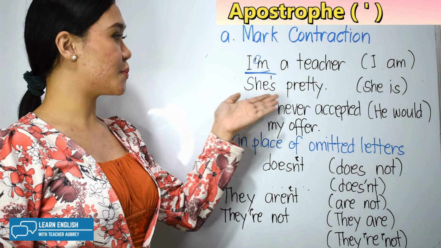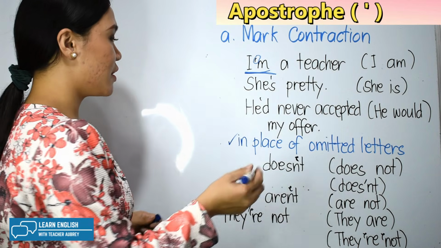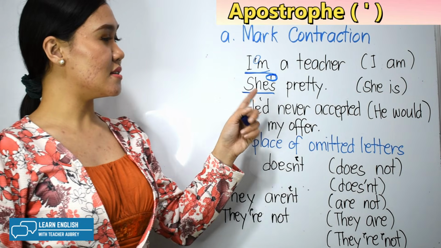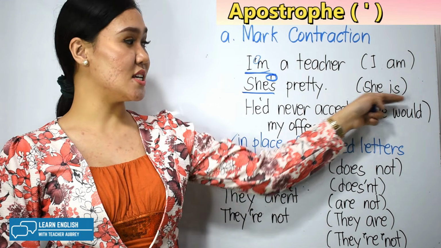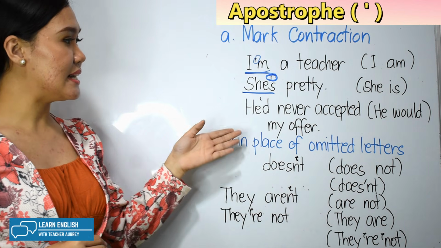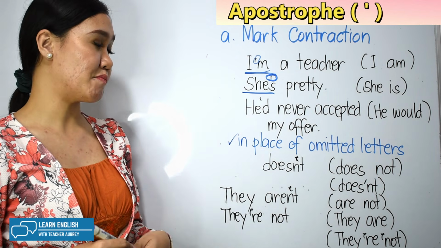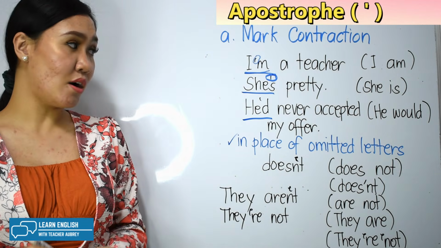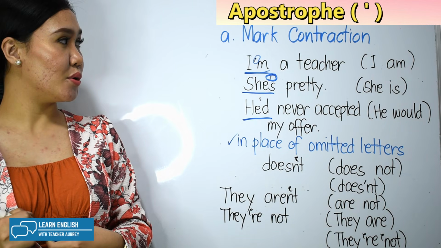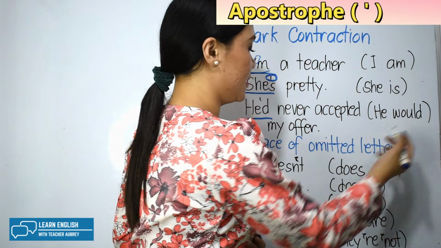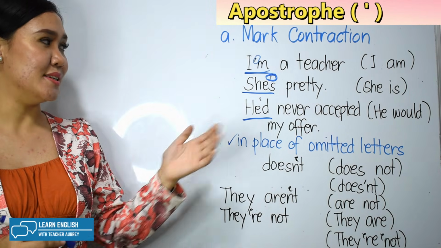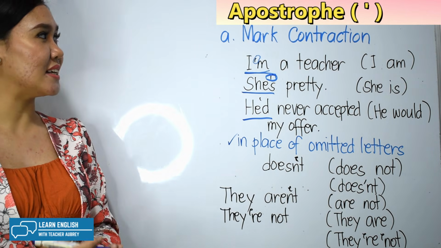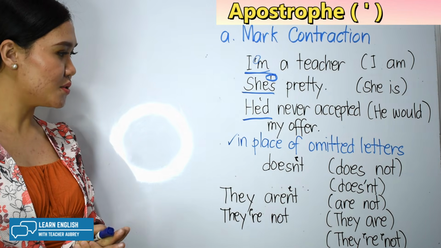Next, we have, she's pretty. She's pretty. The contracted word here is she's. We used apostrophe there. She's is a contracted version of she is. And another is, he'd never accepted my offer. The contracted word here is he'd. He'd never accepted my offer. He'd is a contracted version of the words he would or he could. He'd. Those are the examples under contraction, kung saan ginagamit natin ang punctuation mark na apostrophe,